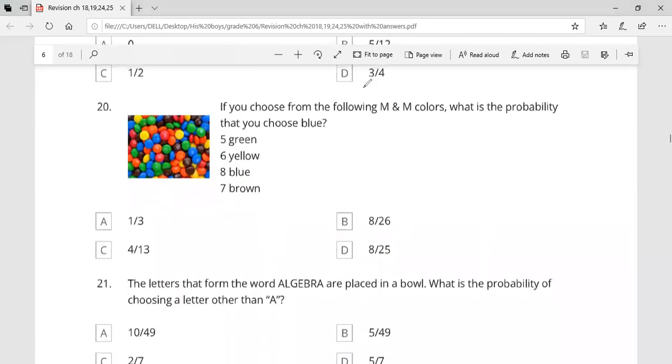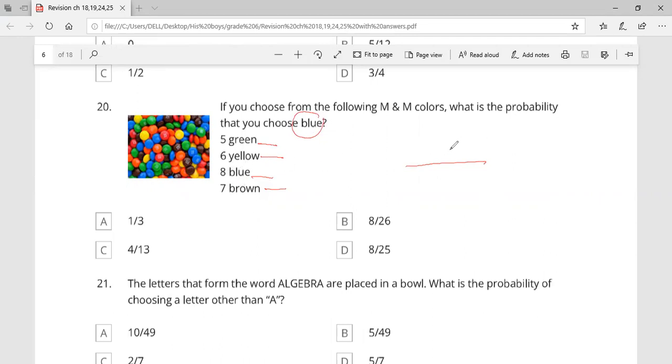The next one here: if we choose from the following, what is the probability? Okay, here is a green. We have green 5, yellow 6, blue 8, red 7. He says, what is the probability of getting blue? The number of blue